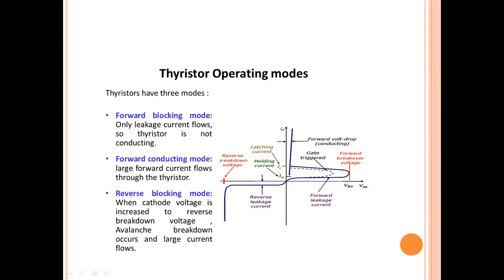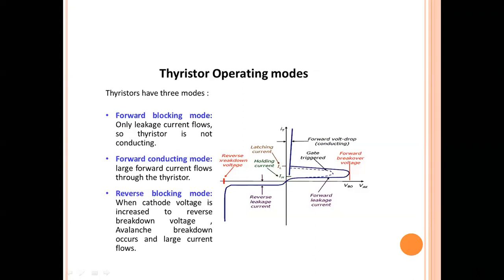Whenever a charge is injected into this gate terminal, this P layer becomes more positive with respect to this N layer, and then junction J2 is forward biased. Okay, so J1 forward biased and J3 forward biased, which is already due to the power circuit, and junction J2 is forward biased by applying a potential to the P layer. As junction J2 is forward biased, you have free mobility of charge from the anode to the cathode terminal, which is treated as the forward conducting mode, or the forward on state of the device.